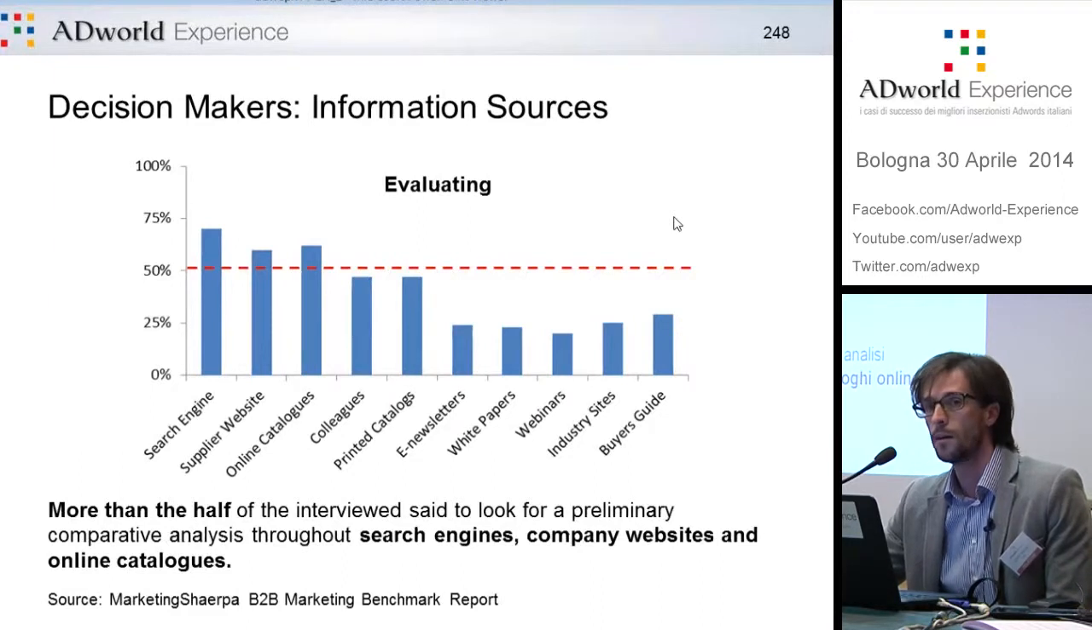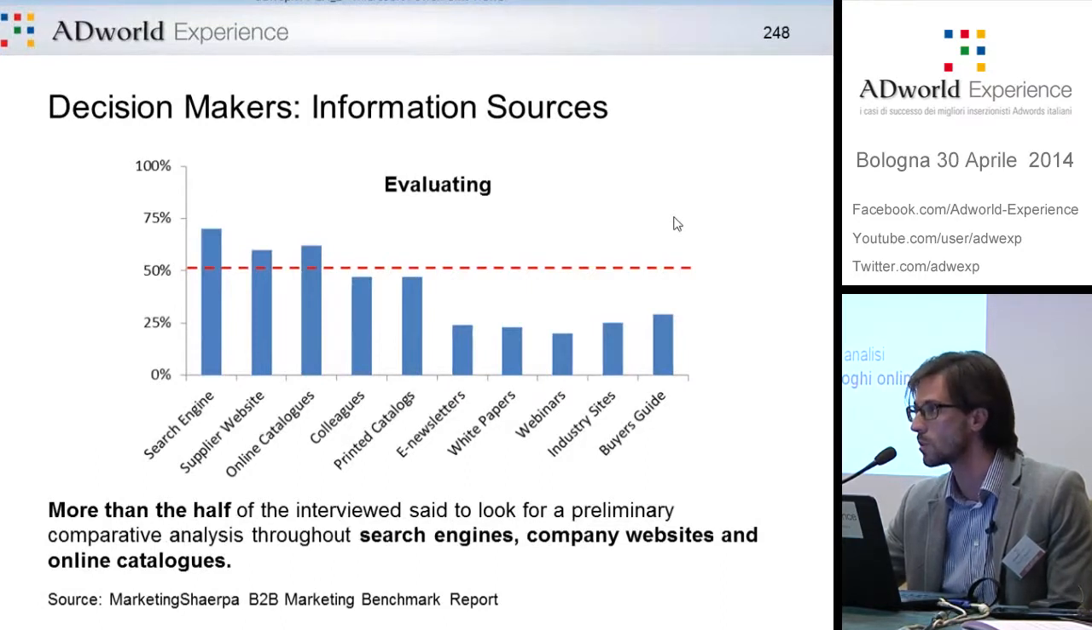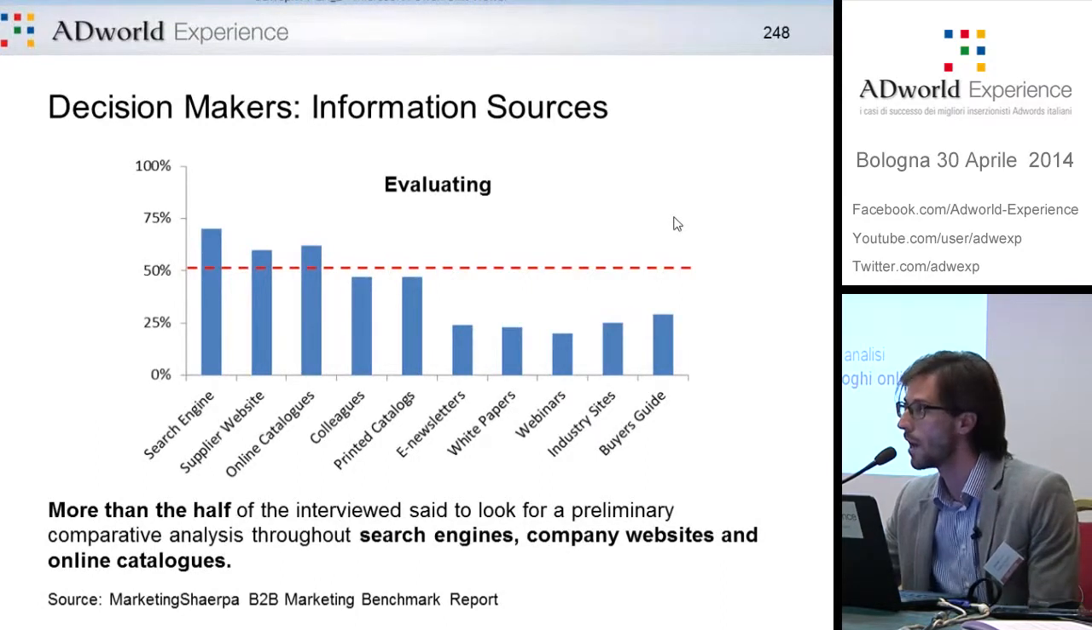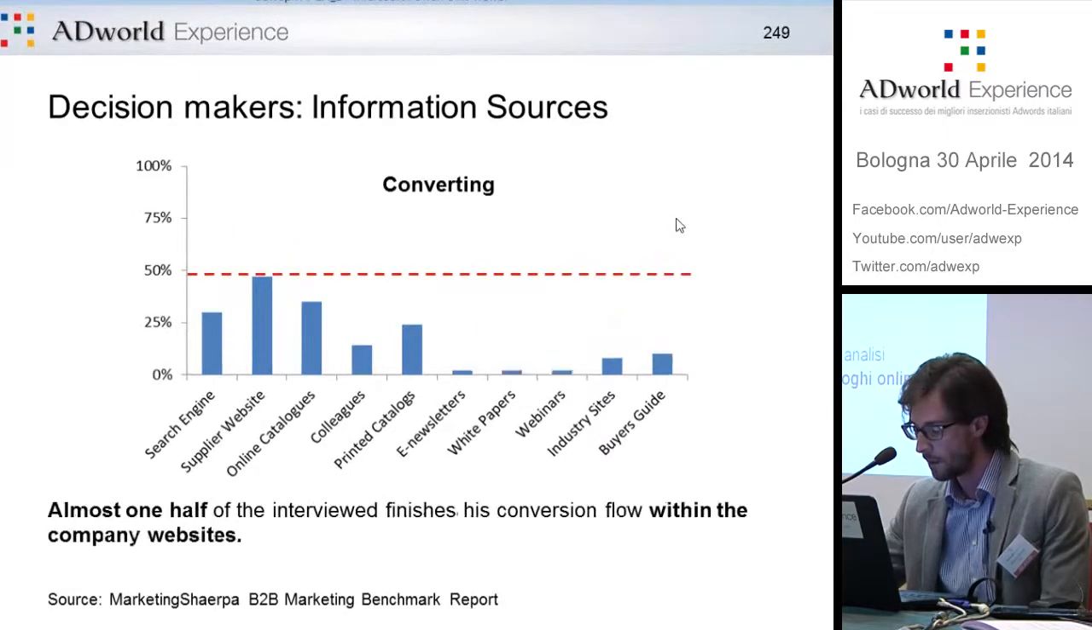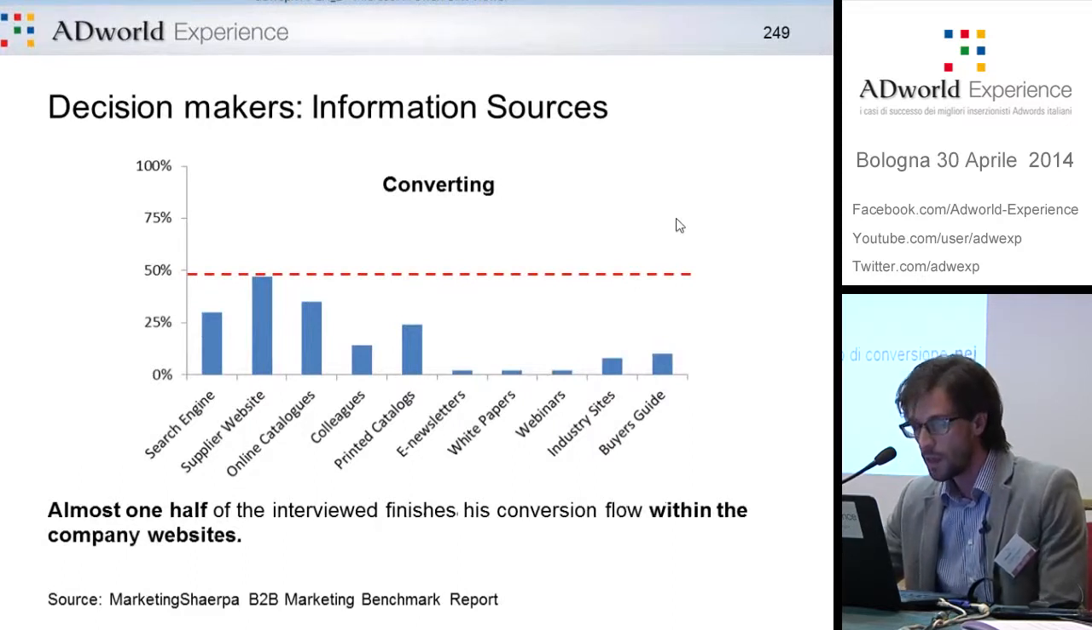At a later stage, that is at a comparison and assessment stage, decision makers said that they tend to use search engines, suppliers' websites, and online catalogs. Now you can see that search engines are used by more than 70% of decision makers. And what is even more interesting is that they're also used by 25% to actually buy, maybe not a whole